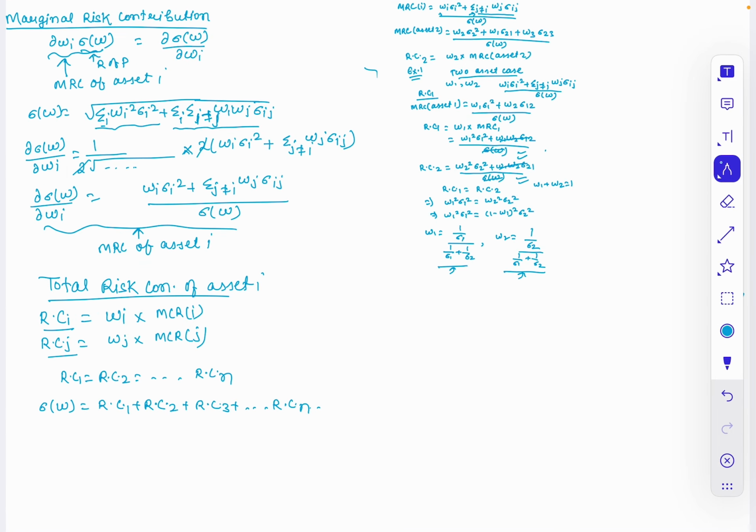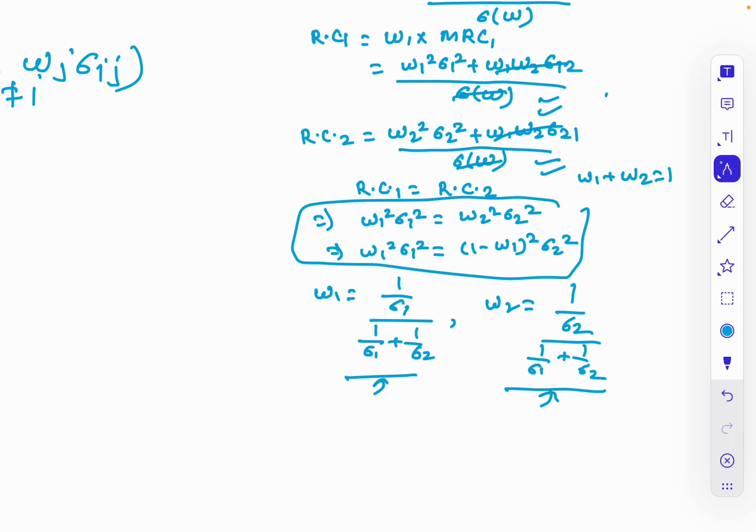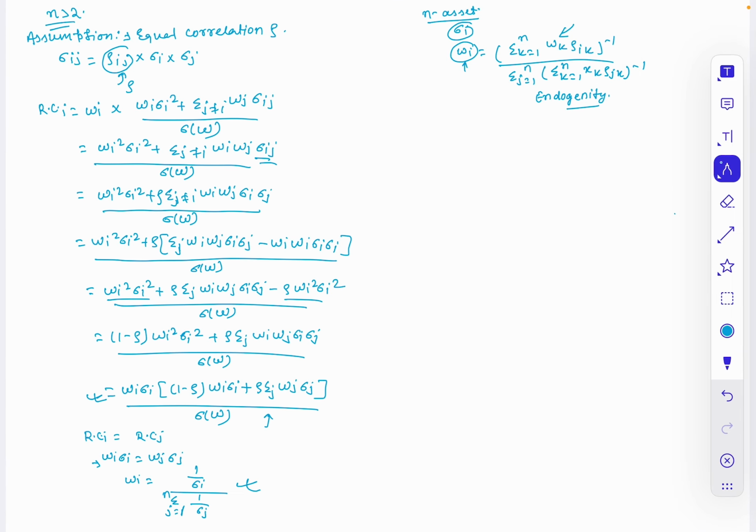Just a minute, I'm showing it. From here try to find W1 and W2. Another thing is to try to find the weight i from here. In this case assume 3 assets, n equal to 3, and try to find what the weight matrix will be, and then you will be able to understand this. You will understand that the risk contribution will be equal when the weight of any asset and the standard deviation of that asset are equal for all the assets. This is the case for n greater than 2.